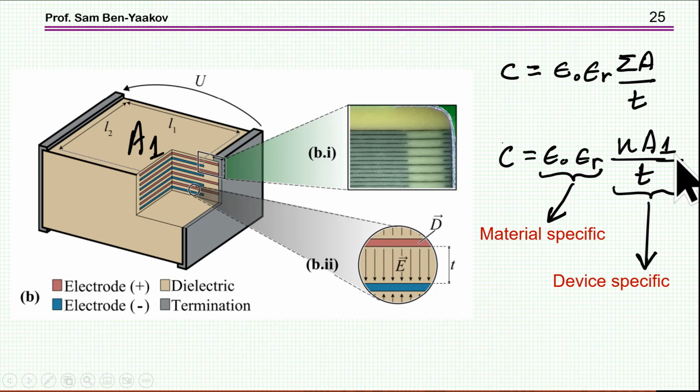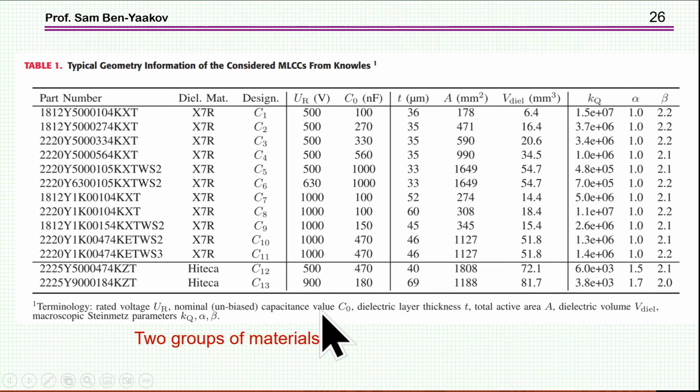And then we have a section here which is related to the construction. And again, it is like in the case of the ferromagnetic case, in which we have on the one hand losses per material, and then of course the total loss depends on the volume of the unit. To investigate this, data was obtained from Knowles, a manufacturer of ceramic capacitors, and here we have two sets or